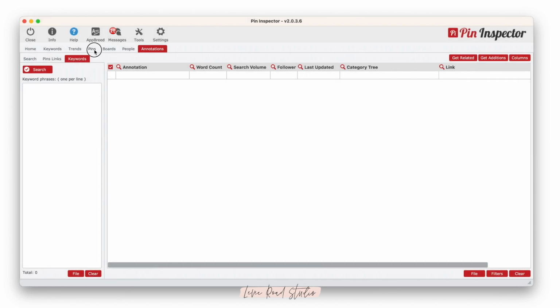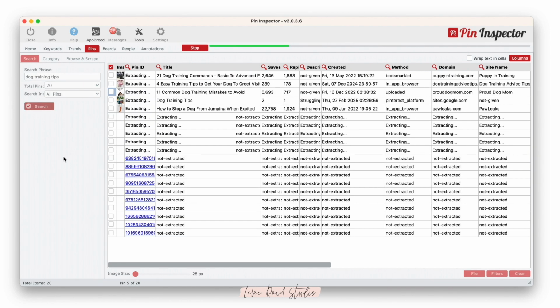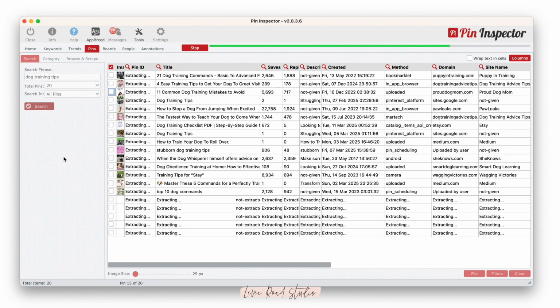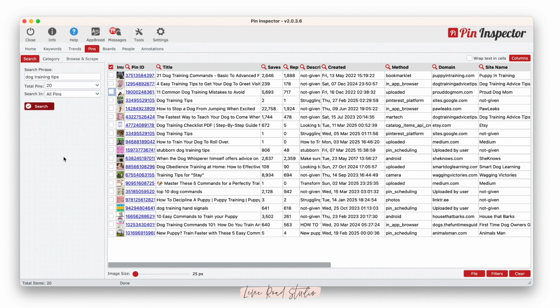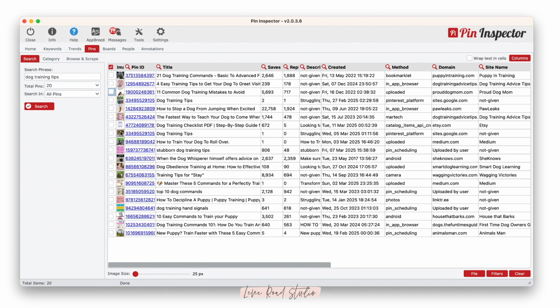And the next tab that we're going to look at is probably the tab that I spend the most time in. It's the main pins tab. And I'll input our keyword dog training tips again, and it will pull up the top pins for that keyword. So technically, we've already seen the annotations for the top pins for this keyword when we used the search section within the annotations tab. That's where those annotations are being sourced from. But I wanted to do a little separate section about this because you can actually select only the most relevant pins to your search if you do it this way,